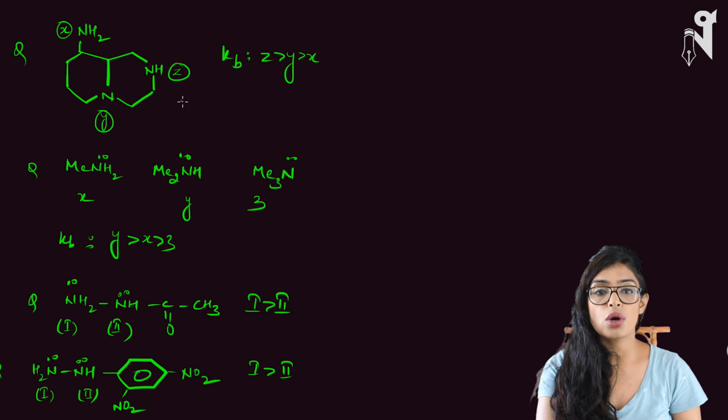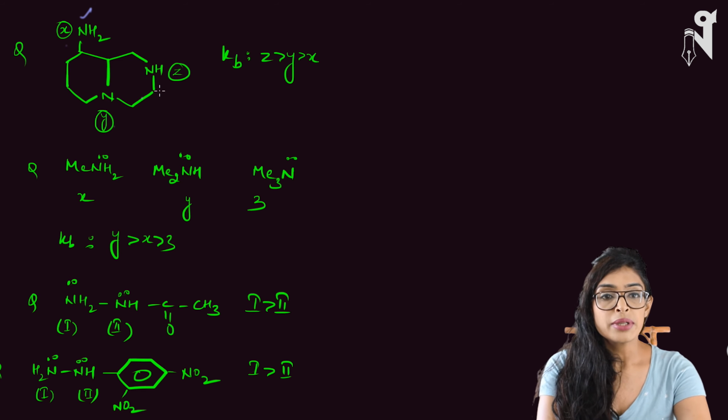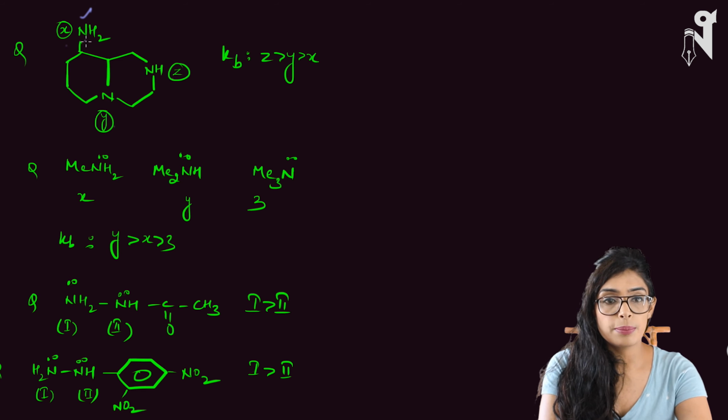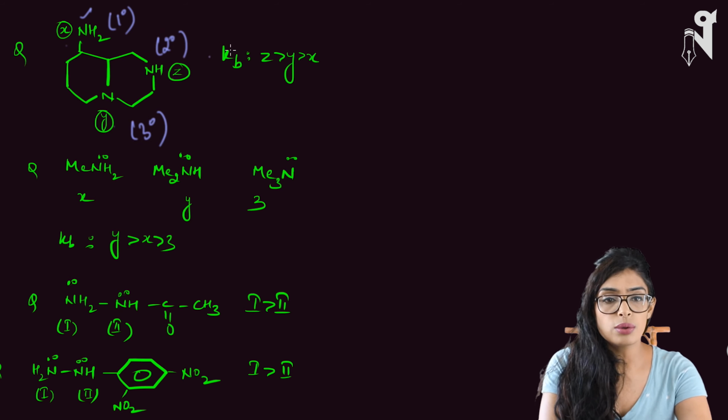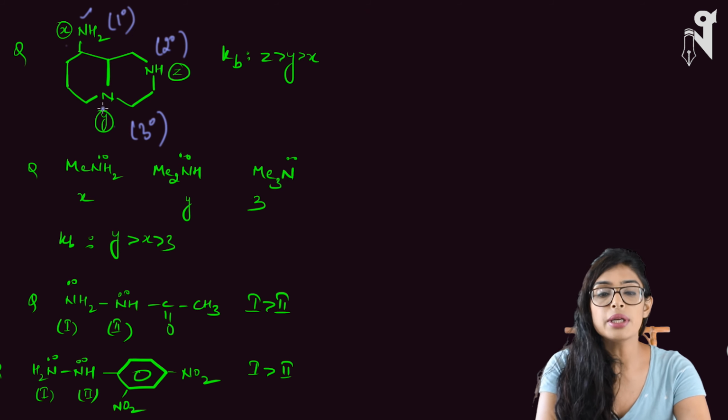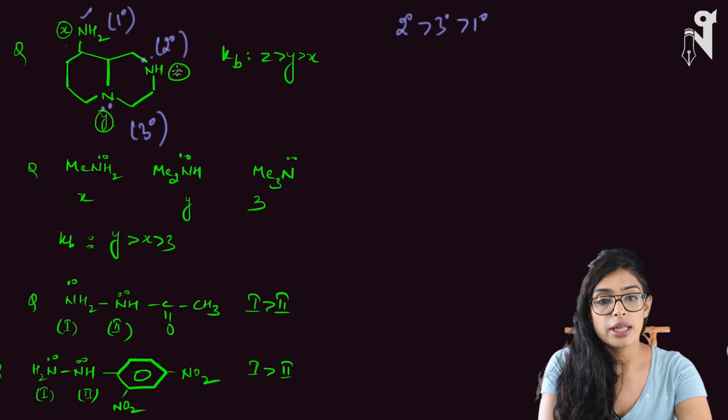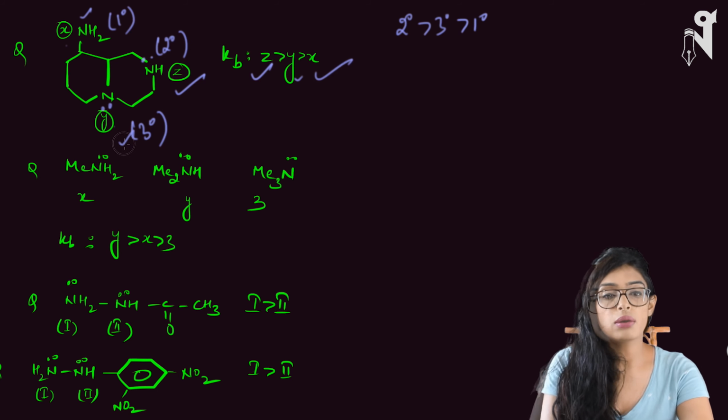Now look at this compound. What we have is nitrogens arranged on the ring. I have labeled them X, Y, and Z. So 3 nitrogens are there, X, Y, and Z. This nitrogen is a primary nitrogen, this is a secondary nitrogen, and this is a third degree nitrogen. We know the order, how it is going to be. Everywhere there is a lone pair which is localized; nowhere is resonance happening. The order should be secondary, tertiary, and primary. So let's look at the secondary. Secondary is Z, so it is Z, then tertiary, and then X. Very simple.